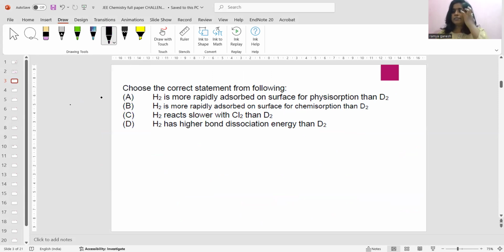Yes. So it is related with surface chemistry, but definitely we should have got to know it because it relates even with the bonding energy, not just with surface chemistry, but also with respect to bonding energy. So the two elements that they are comparing are hydrogen and deuterium. We know deuterium is a heavier isotope of hydrogen.